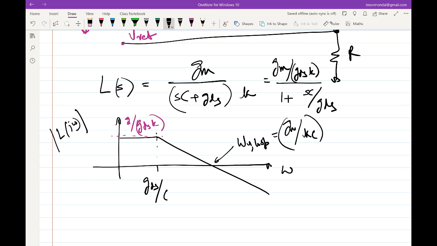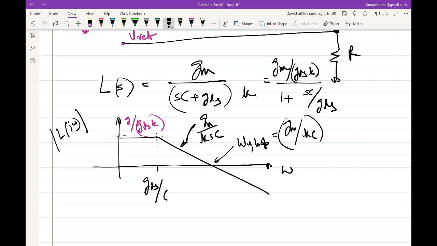So this expression becomes GM by KSC, and you hit the UGB at GM by KC. Okay, so the moot point here is, the thing that I'm harping on, is the fact that